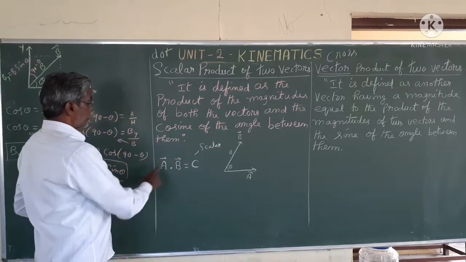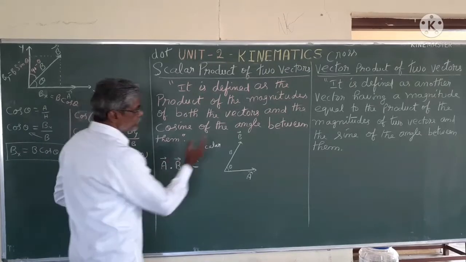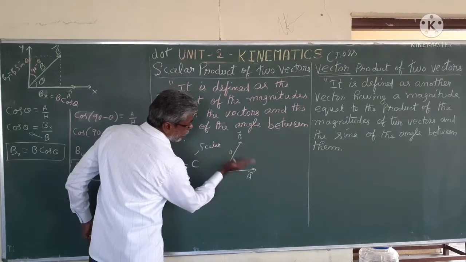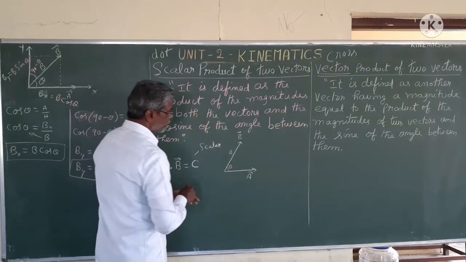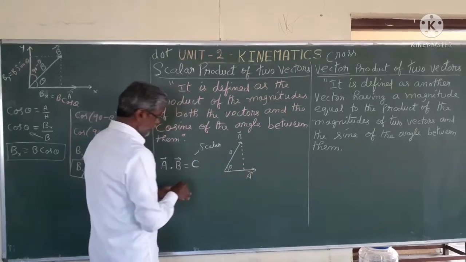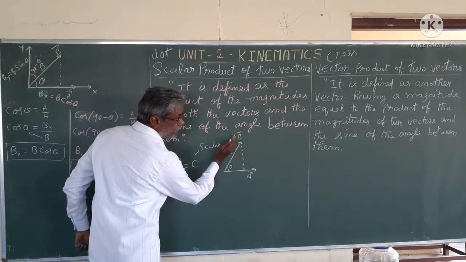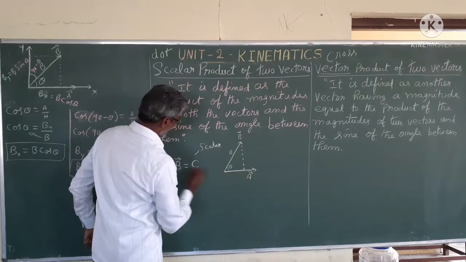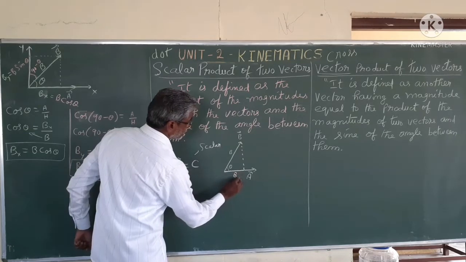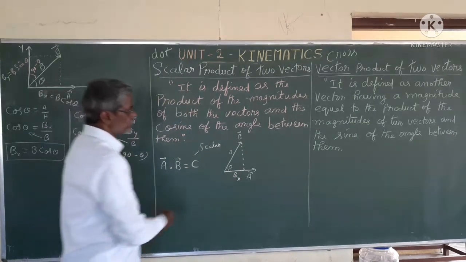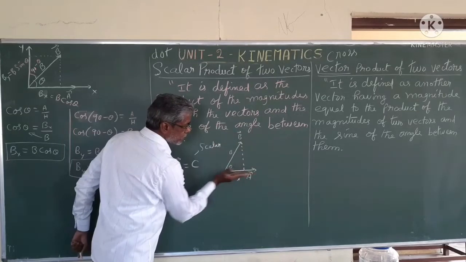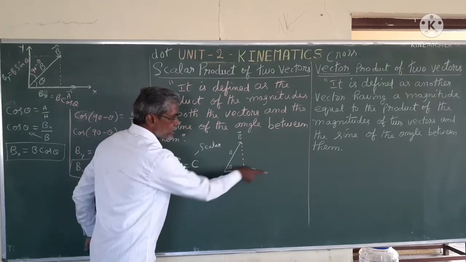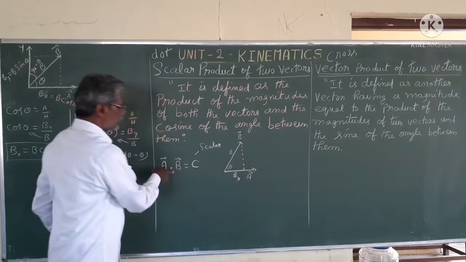Now I want to find out this value. So what do we want to learn? The projection of b on a vector is dx. Understood? So the projection of b on a vector is dx. Now you see this a vector as well as dx, they are all in the same line. In the same line means dot product.